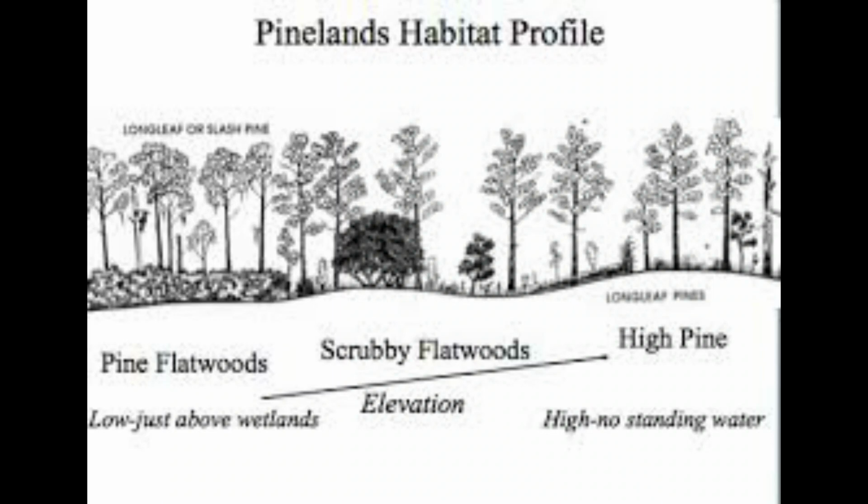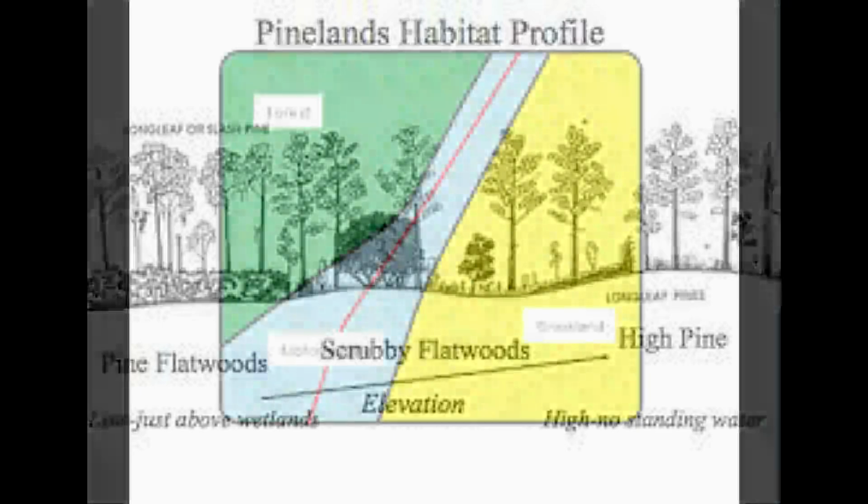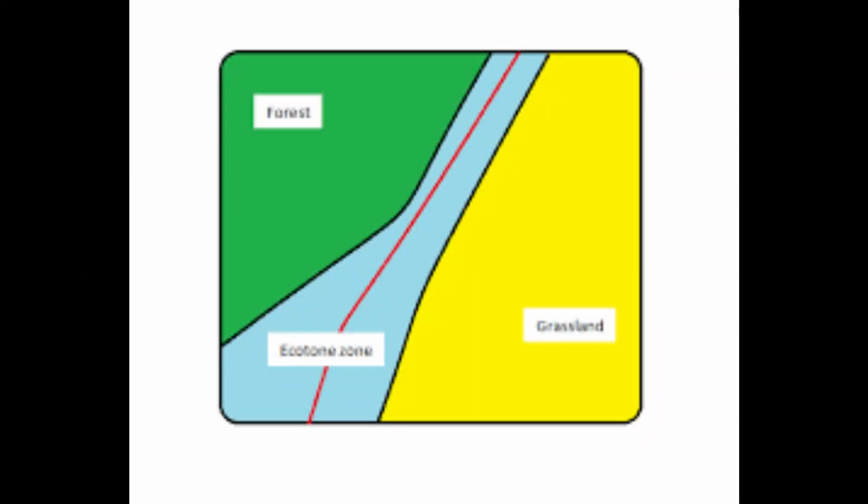Transitional zones are common between many different habitats. One doesn't just stop and the other immediately begin, but the change is gradual and typically incorporates a slowly changing mix of the components of the two adjacent ecosystems. These transitional zones are called ecotones, and in the case of flatwoods is so prevalent that it is classified as